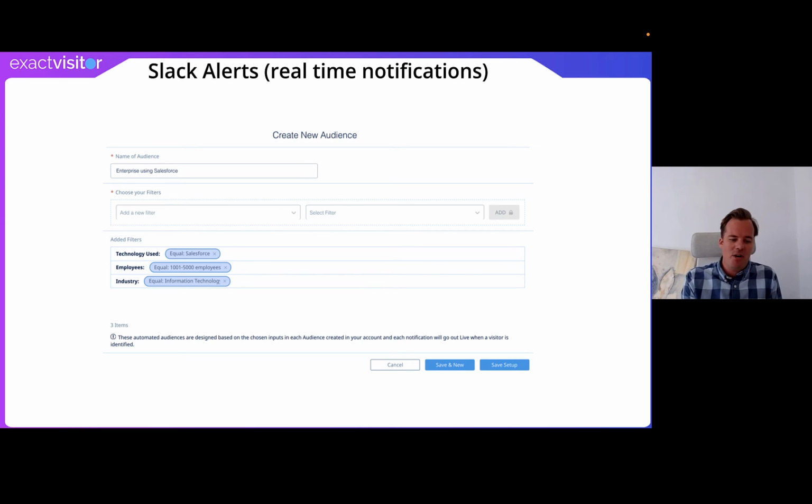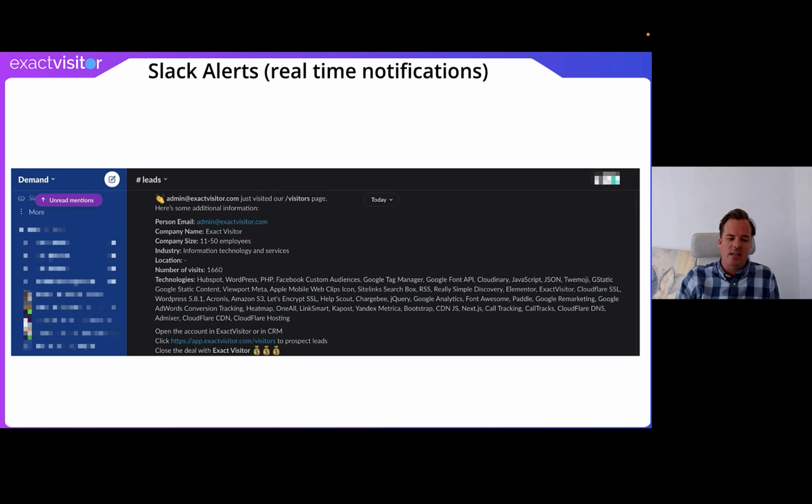So if you're an enterprise sales rep, you have somebody who's using Salesforce, 1,000, 5,000 employees, maybe you can do ABM alerts in our platform too. But here I'm defining based on the visitor. If it's ABM, we take a list of accounts and say if any of them visit, we want an alert live in Slack like that. And you might wonder, why do I need that? The simple answer is